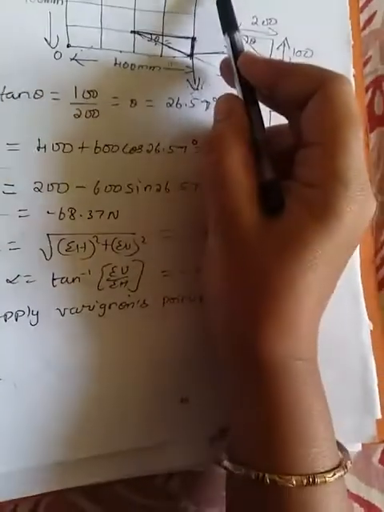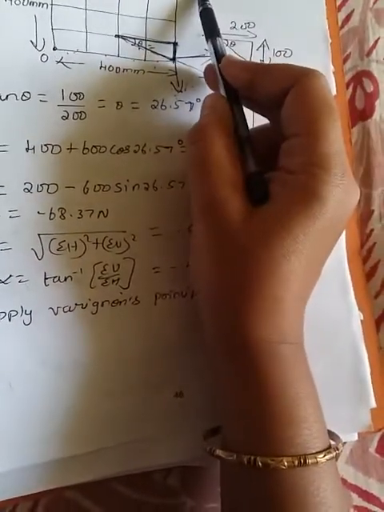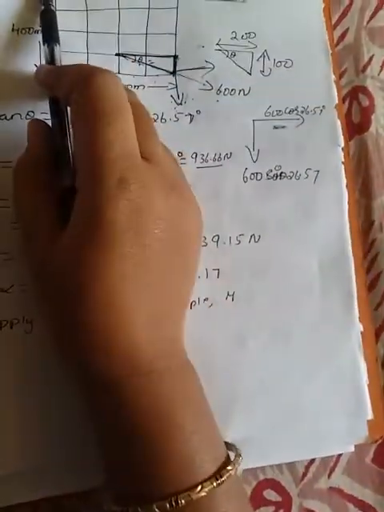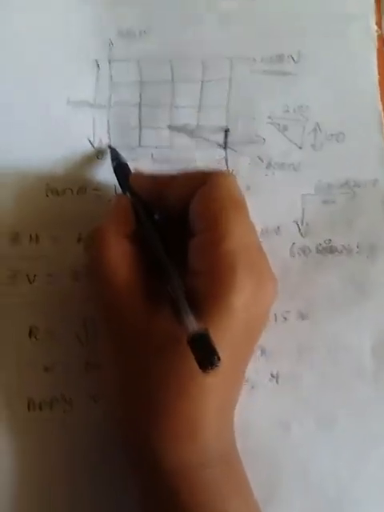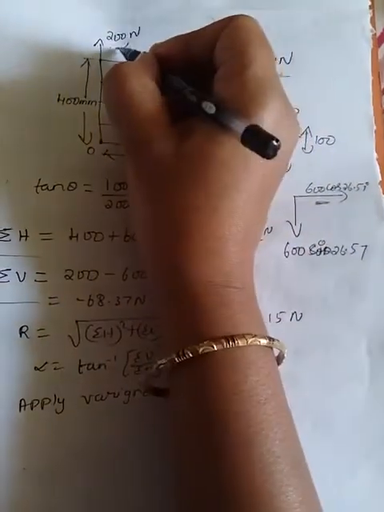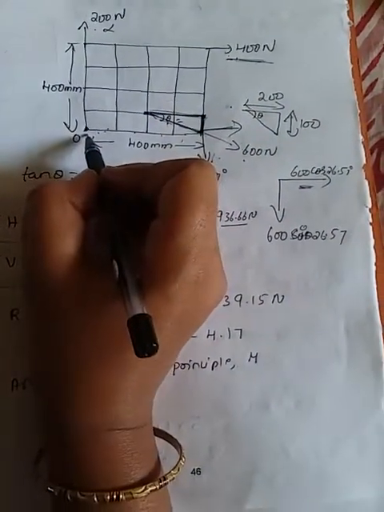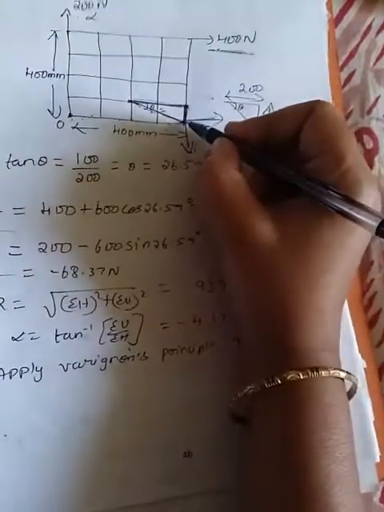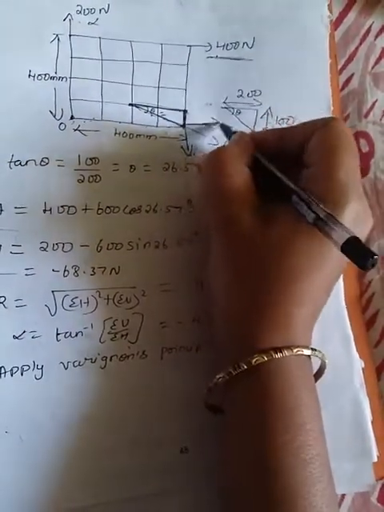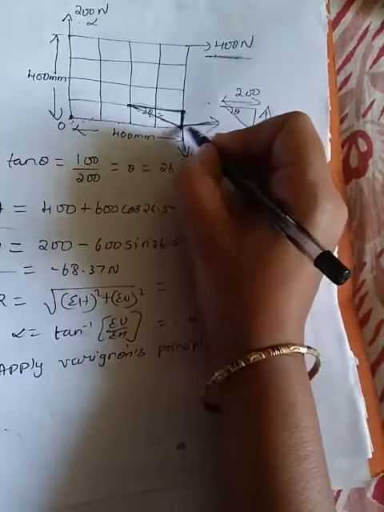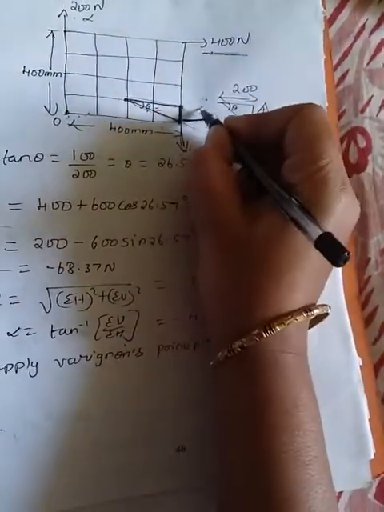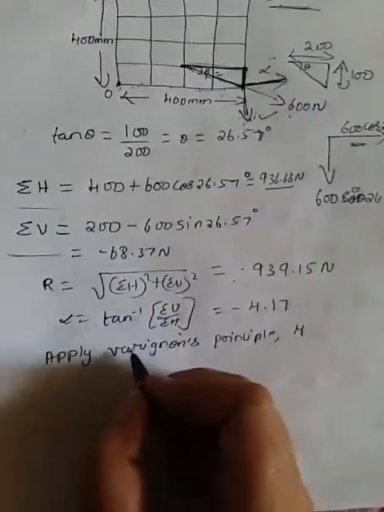Here you can see this is the 400 Newton force, here the 200 Newton force. So you need to find the moment about point O. This force will not come into the moment about point O, since the force is acting in the same line where the moment point is. And if you come to this point, you have two forces, and this force is acting in the same line where O is, so this will also not come. Only this force and this force will exist while finding the moment.